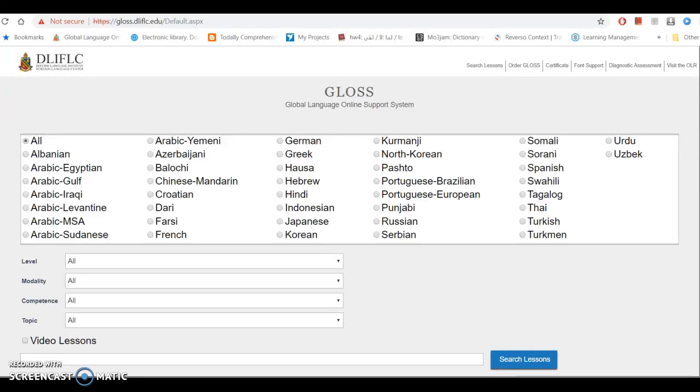All right, I want to talk about a few tools that are essential to your future learning Arabic. The first one is called Gloss, and it's made by the Defense Language Institute Foreign Language Center. The website up here,